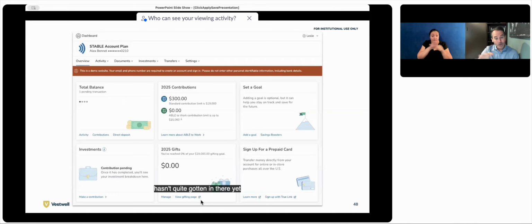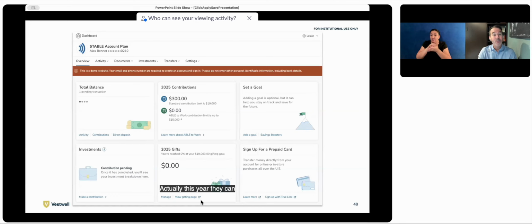You can see how much of it was your normal contributions and how much of it might have been ABLE to Work contributions. ABLE to Work is for account owners who are working and not putting money into their work's retirement account, they can put extra money into their ABLE account. It's a provision that came about after ABLE was launched that allows those that are working to even save more money, which is exciting. Actually, this year they can save up to about $15,000 more than the $19,000 limit.